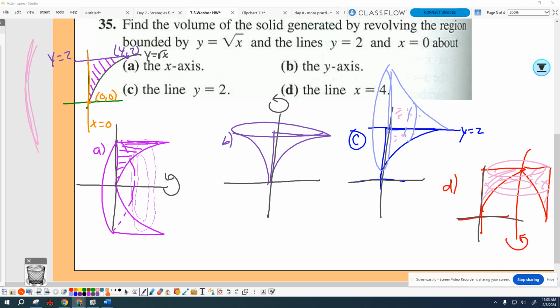First, I'm just going to make it a prism. It's a cylinder. It's the outer radius minus the inner radius, right? So it's got a radius of 2, pi, 2 squared, which is 4. I don't think the radius is